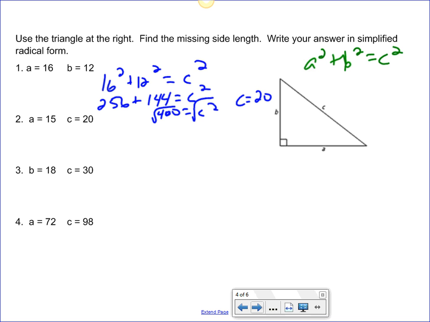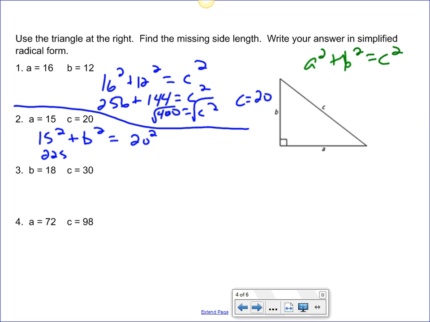Okay, so if I did it on this next one, so now I know that A is 15, so I'd have 15 squared plus B squared equals 20 squared. So 15 squared is 225. 20 squared is 400. So if I subtract the 225, I would get B squared is equal to 175. Okay, and then if I took the square root of that,